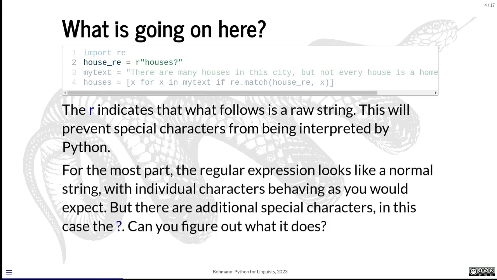And for the most part, this is really just a string, right? It is just a string: "houses?". But when we read it as a regex, it doesn't just behave like the exact string "houses?", right? So there's something particular going on with the question mark here. And when you think about what this matches,